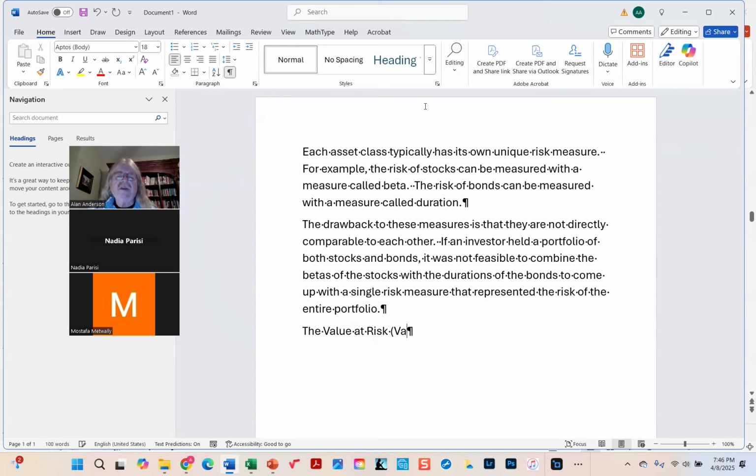and often you see this abbreviated VAR, was invented in 1994, actually, at JP Morgan. Now, the motivation here: VAR was created to not only